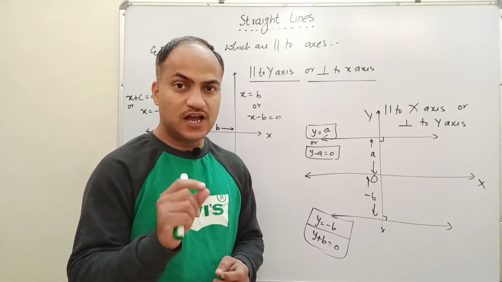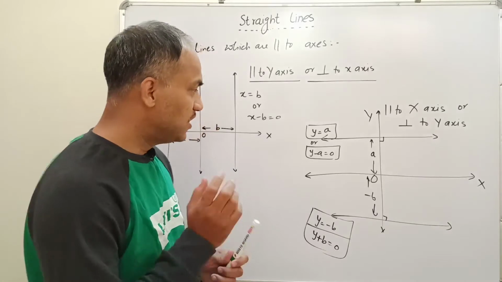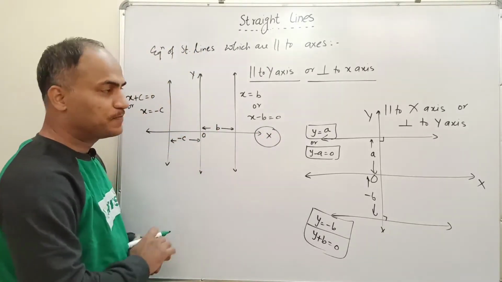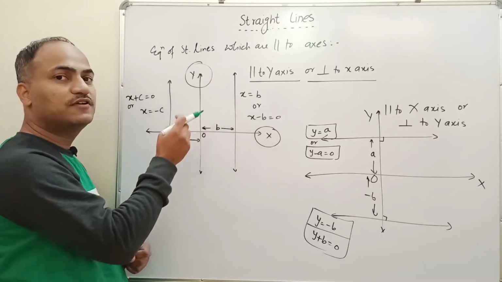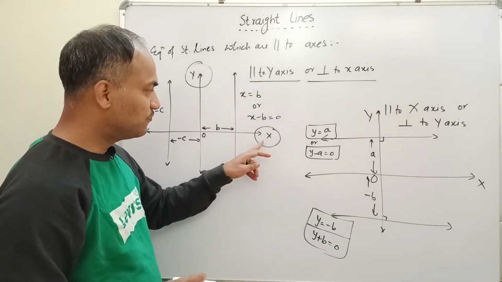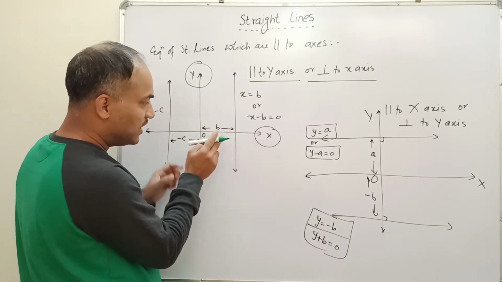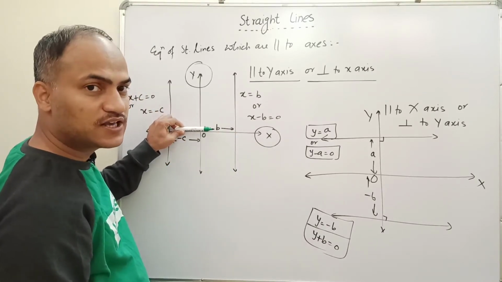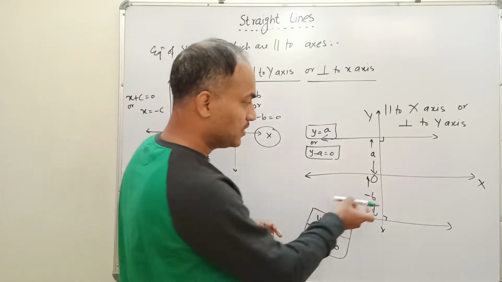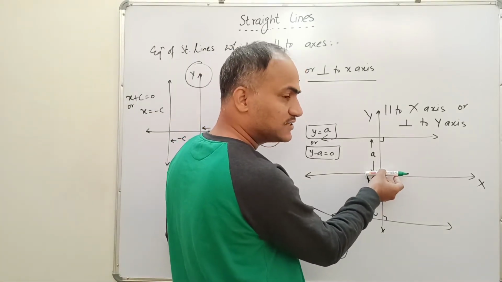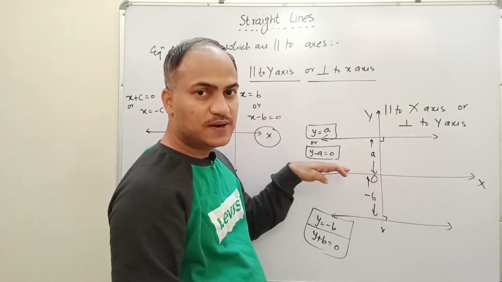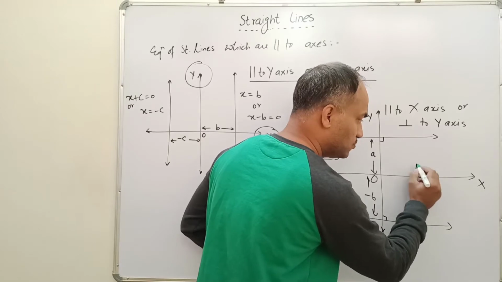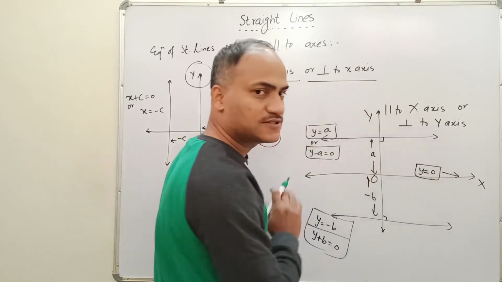But here I want to ask you one simple thing. If we have to find the equation of the x-axis, what will it be? Equation of the y-axis, what will it be? The x-axis is actually a line parallel to the x-axis; we can say coincident lines, or overlapping lines. You can see here, this line is cutting 0 intercept on the y-axis. So clearly we can say the equation will be y is equal to 0. This will be the equation of the x-axis.